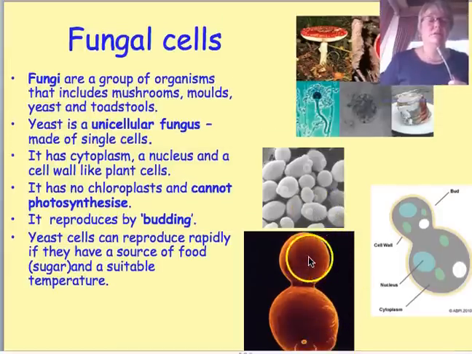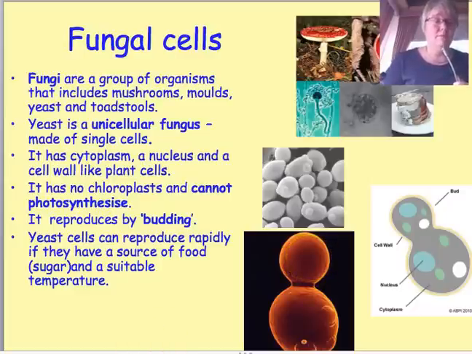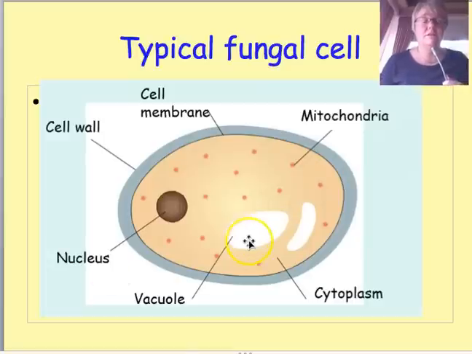That's how yeast cells reproduce. They just produce wee buds, and then these wee buds break off and there's a new yeast cell. Now, we have a wee look at the typical structure of a yeast cell, hoping to find that on this slide here next. There's a cell wall, cell membrane, a nucleus, a vacuole,